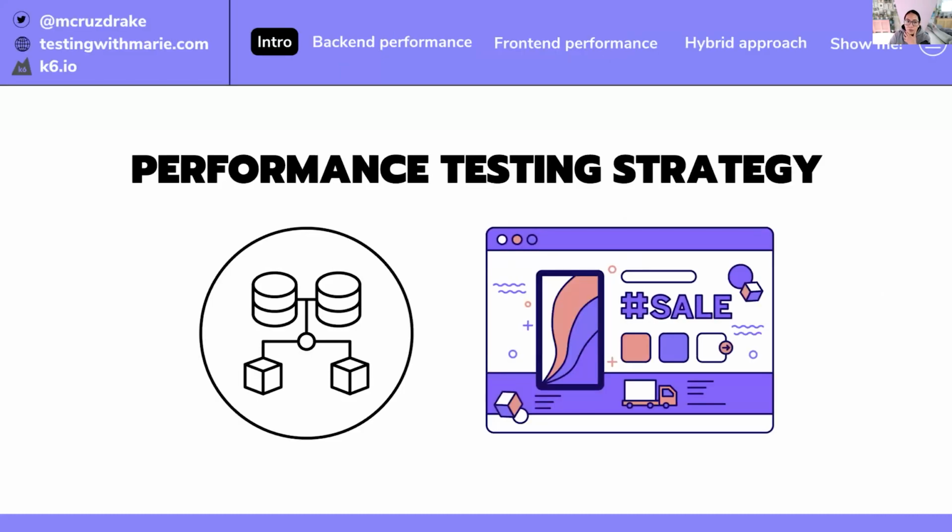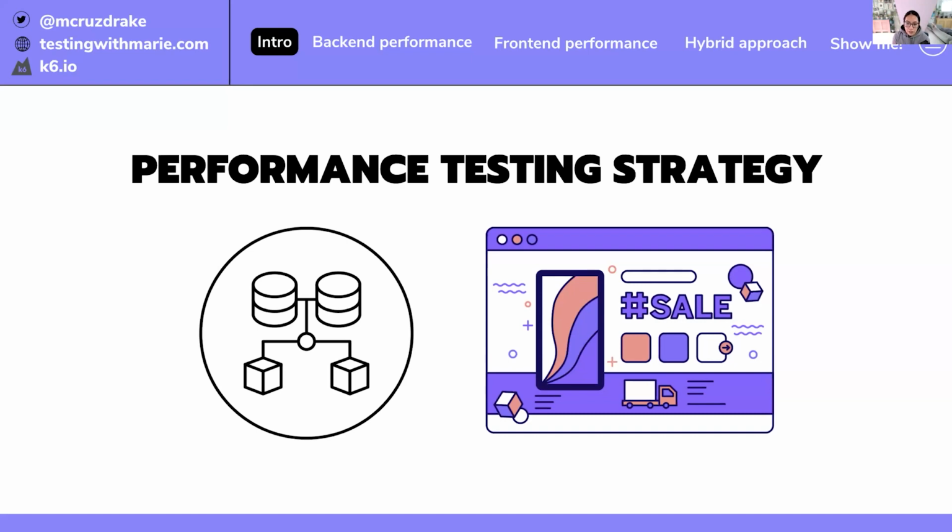So first of all, when it comes to creating a performance testing strategy, teams normally have the option to do performance testing in two categories. We have the performance from a backend perspective, and then we also have the front end performance. Knowing the difference between these two types of categories is essential because it impacts your system differently. The type of test that you write is quite different, and also the type of metrics that you analyze is